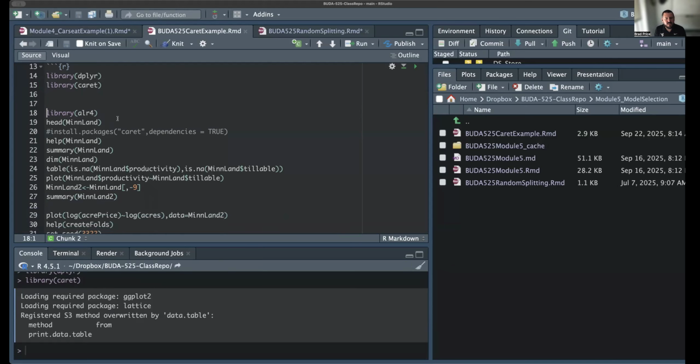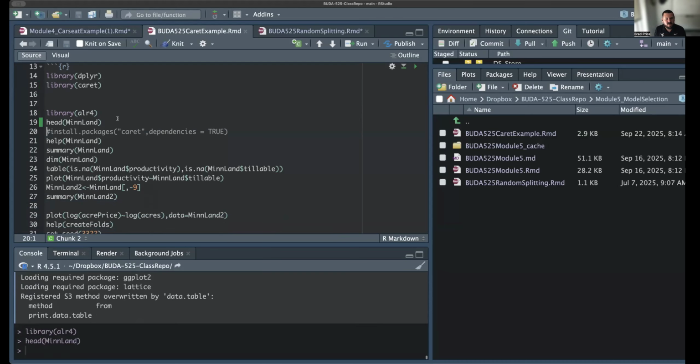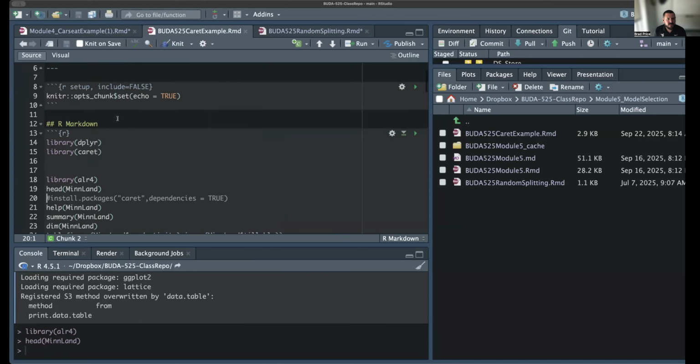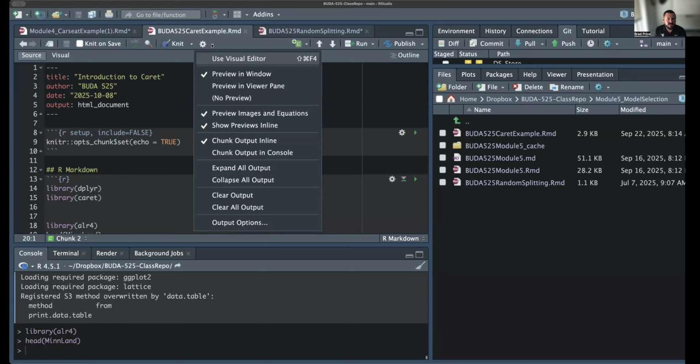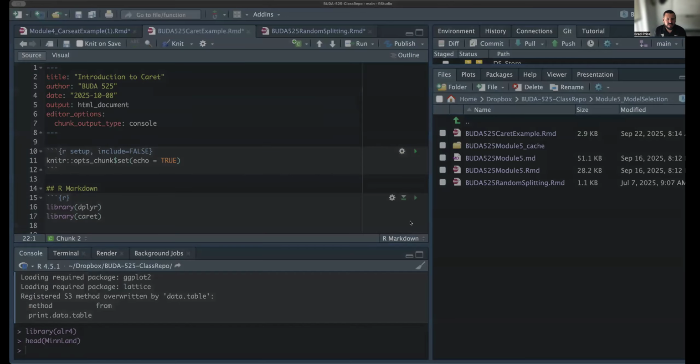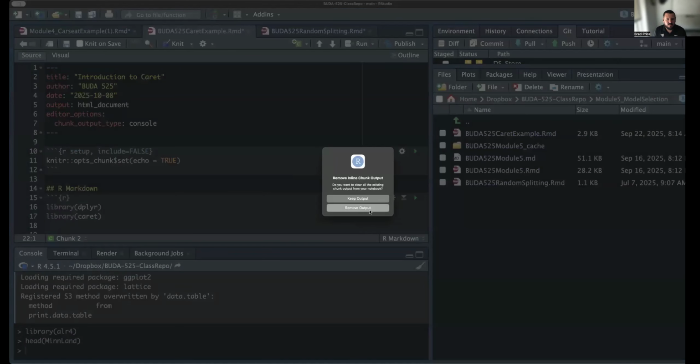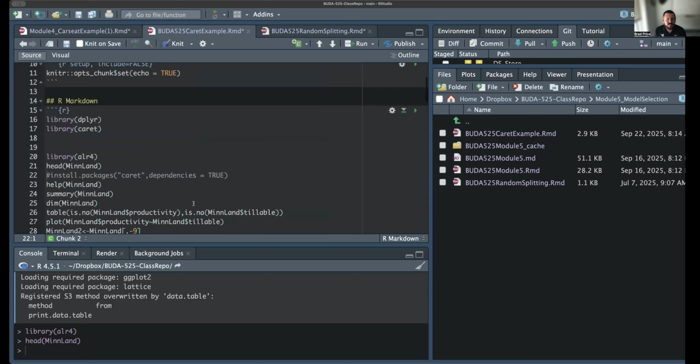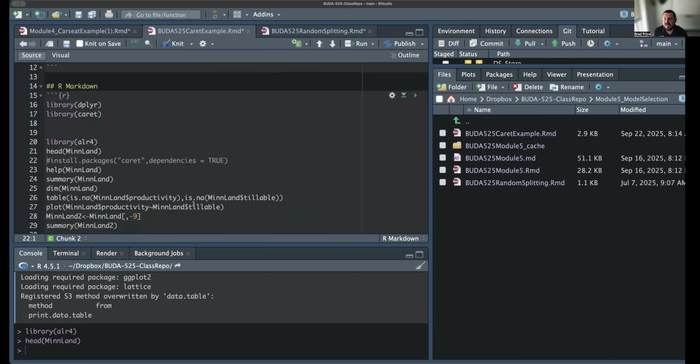Now what I'm going to do is load up ALR4 and we're going to look at the minland package. Again, if you're used to seeing all of this, we're going to show chunk output in the console, and we're going to remove output here just so you can see it. I'm kind of using this as a .r file. So let's look at summary of minland just so you remember what it is. This is Minnesota land prices, and we're using acre price. Now I'm going to look at